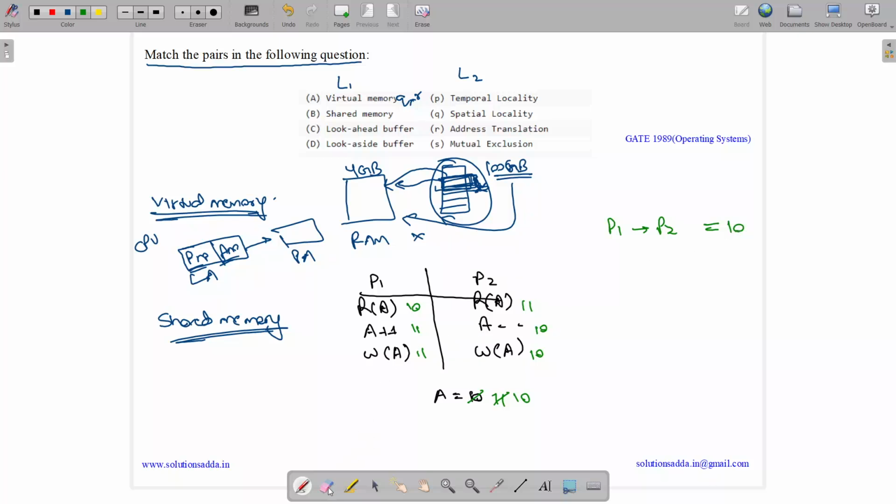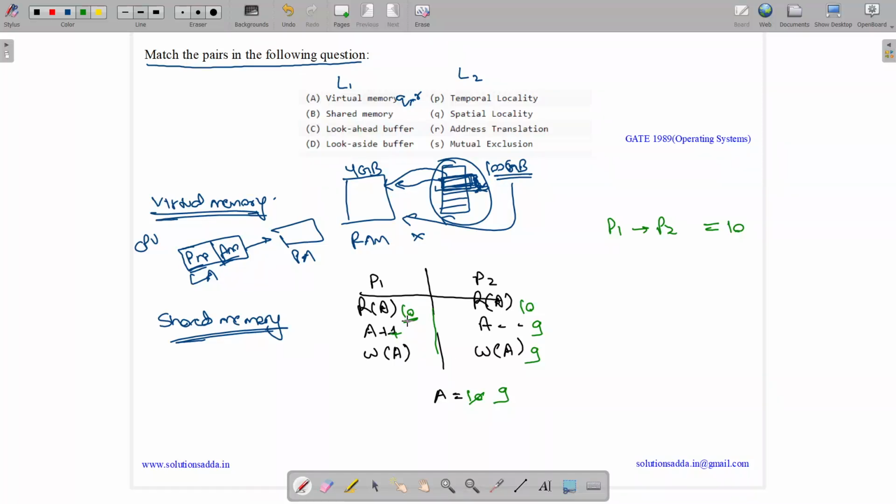But let us suppose we are having concurrent execution, as we generally prefer concurrent executions. So what happens in case of concurrent execution? We will have A equal to 10. Let us suppose P1 comes and reads A to be 10. Then it gets preempted and P2 comes and reads A to be 10. Then P2 decrements A and makes it 9. Then P2 writes 9 over here. Then P1 comes and increments A.